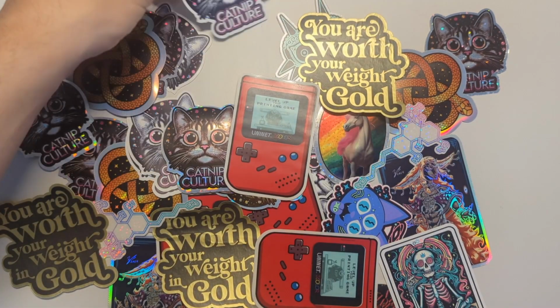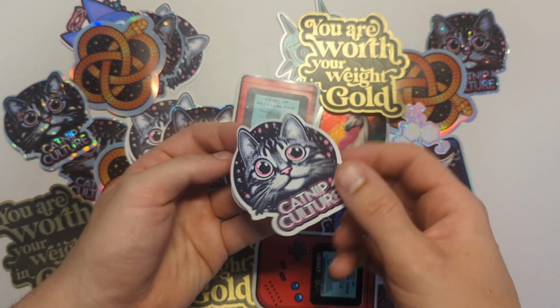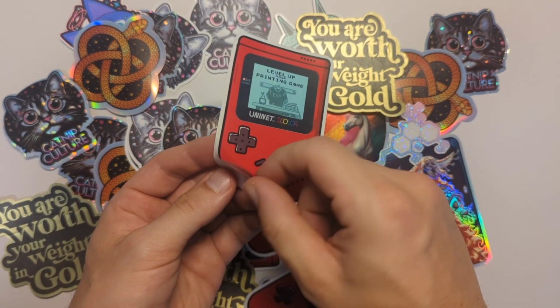First off, this here is the regular white vinyl. This has a white backing, so it doesn't require any white toner. It works great in all kinds of substrate colors. So far, so simple. This here is a clear sticker, comes with a clear background layer and is printed with